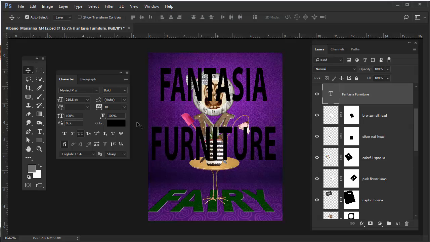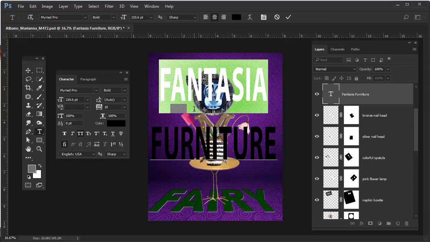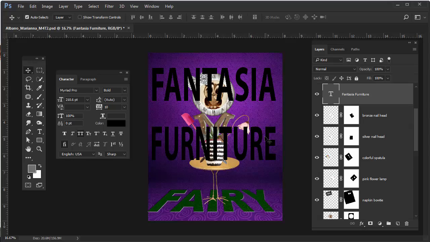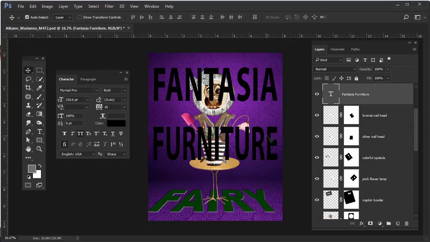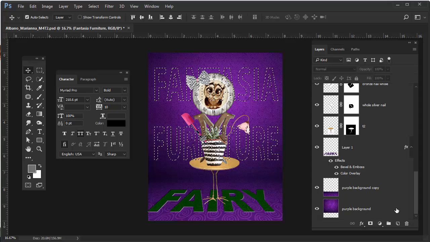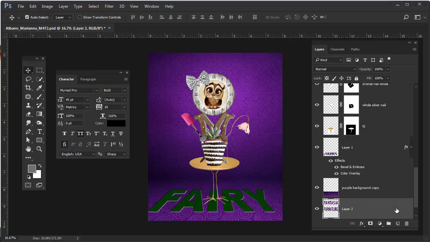Hit enter and then make Fantasia. We can work with the tracking, which is the amount of space in between characters. That would be this here, I think. Yeah. So we're stretching this down so that it matches left and right with this. Let's center this a little bit more using the arrow key. Then you could use this: Control click, hide that layer, go to the background, top, and hit Control J. So we have that same